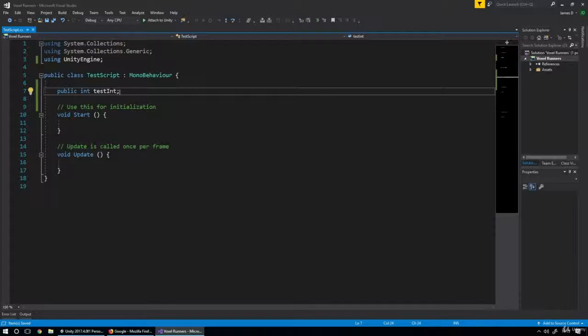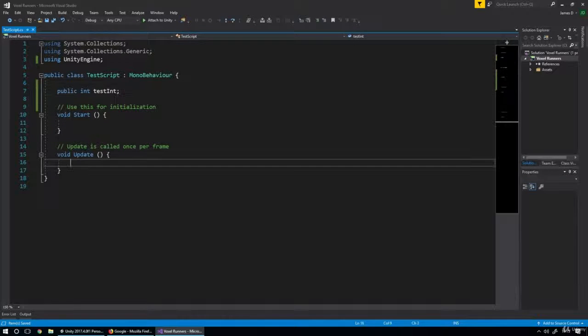And then of course we have this variable, so we could do things. So for example, like I said in the update here, we could say test int equals test int plus 5. So every update it would update that test int value. So we could, just as a quick example, see this in Unity. I'll just save this, go back in here,